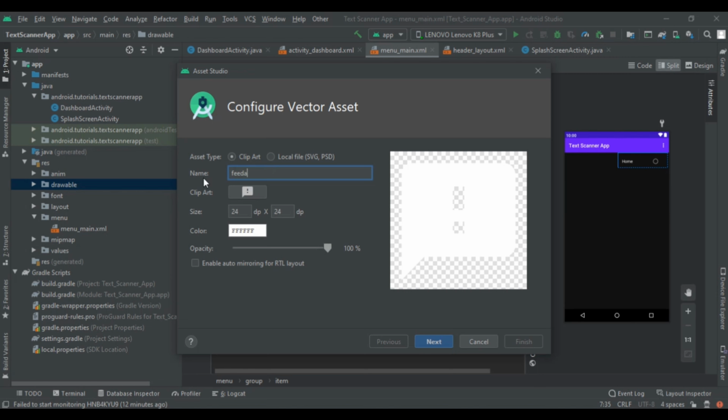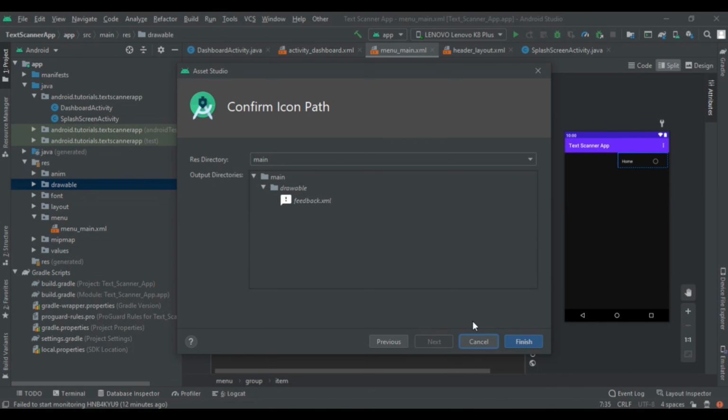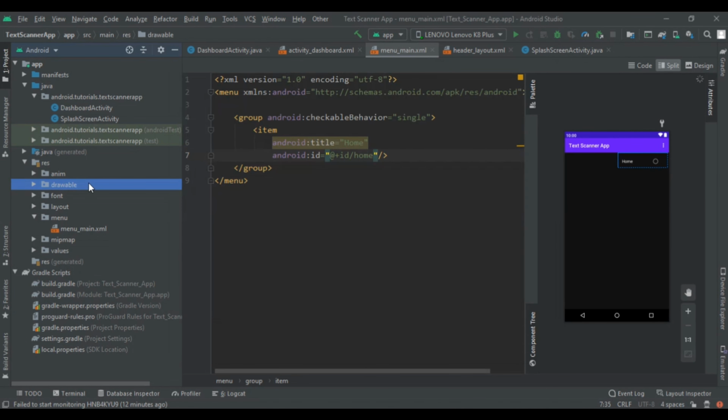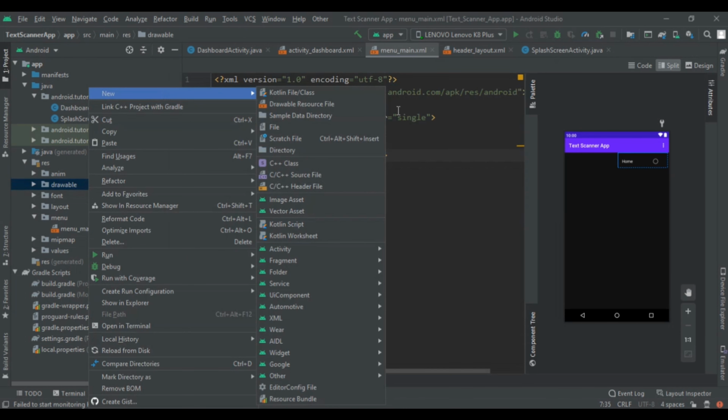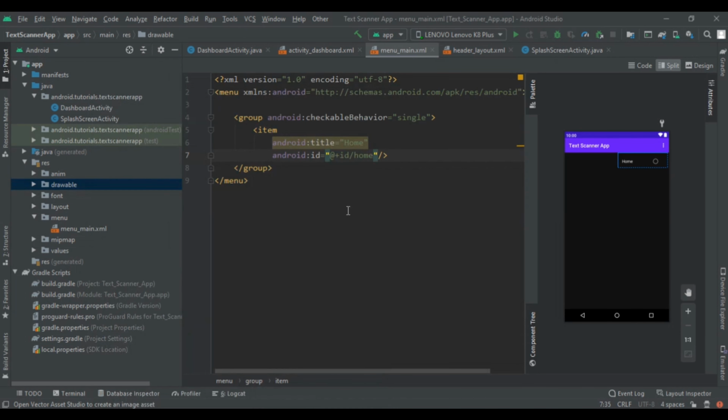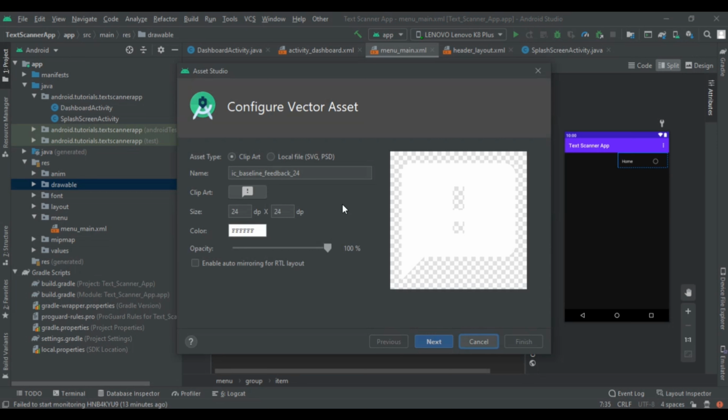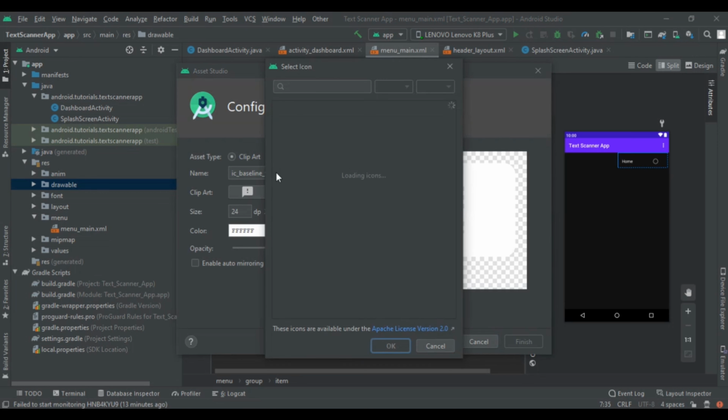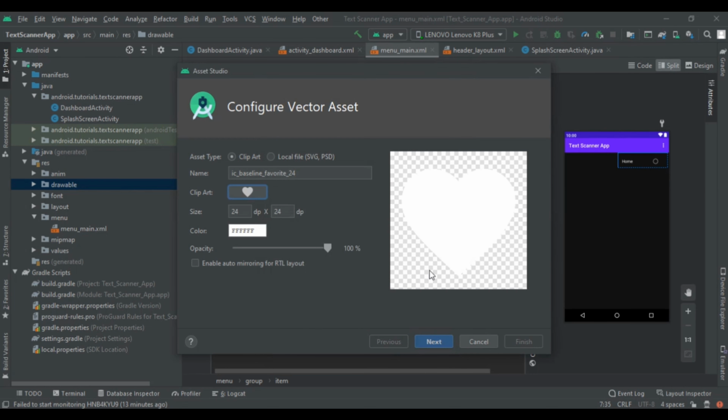So feedback, then next and finish, then again click on drawable, new, vector assets, and now rate as button is remaining, so we are going to use favorite, that will give the heart shape. So here it is, then okay, so write rate, next and finish.